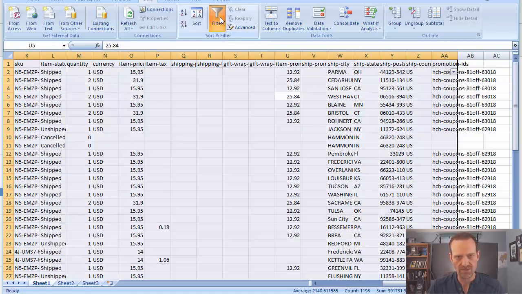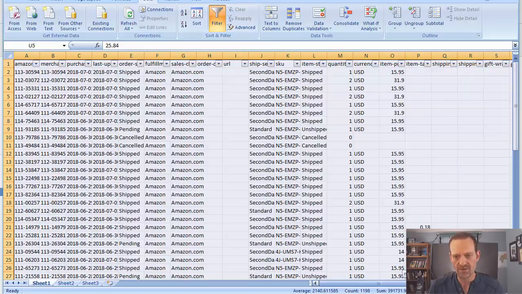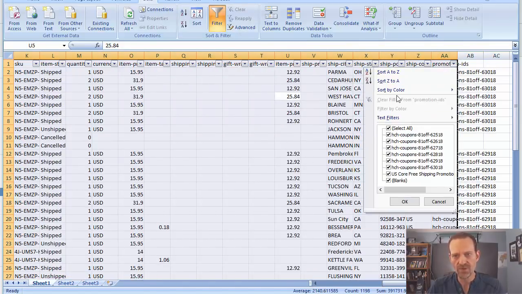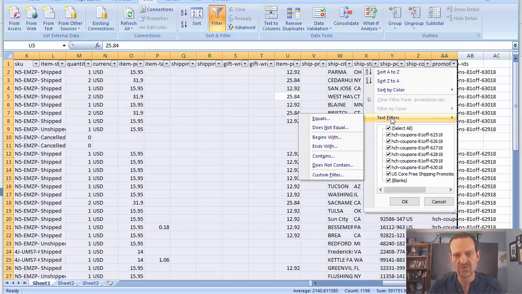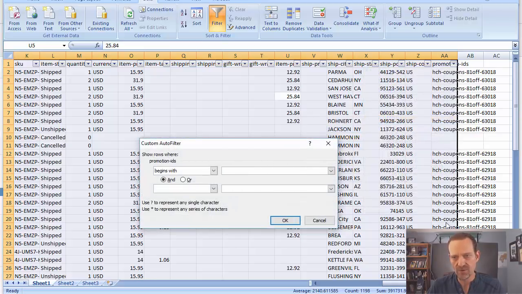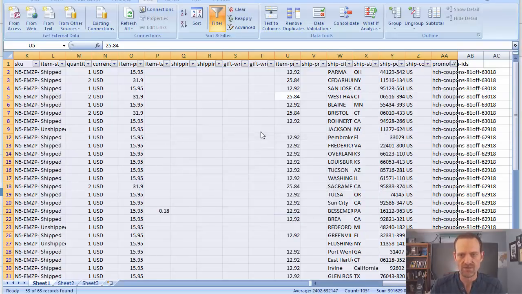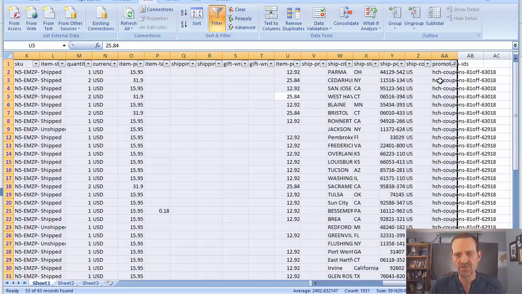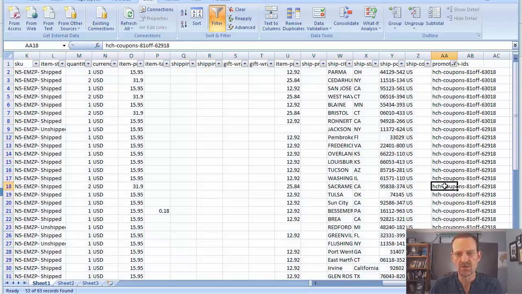Control A just to make sure we're doing right. There we go. Now filter it, and you click that little drop down right there. So do a text filter. You want to begin with whatever your promotion ID is in there, so we'll just say HCH. And now it's filtered the results to only show results that have resulted in sales with this particular coupon